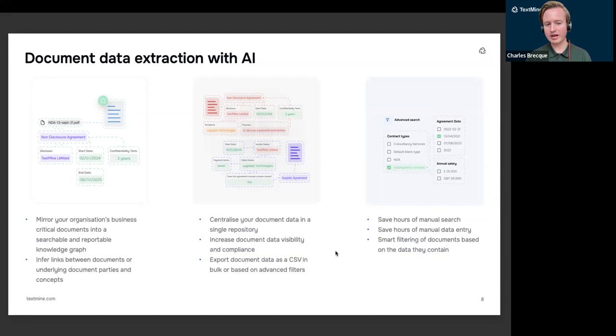Whereas if you were doing everything manually, you wouldn't be able to respond to these types of ad hoc queries as fast. And then finally, by having all your document data in a single repository, you're able to increase visibility and effectively provide a foundational database of document data that your business can rely on for decisions and reporting purposes.